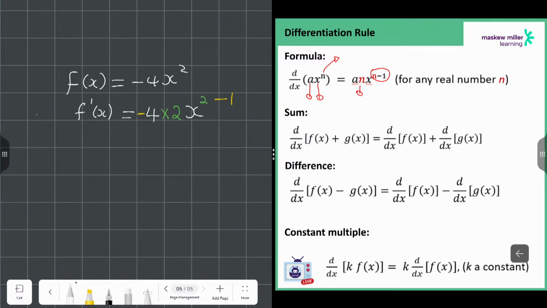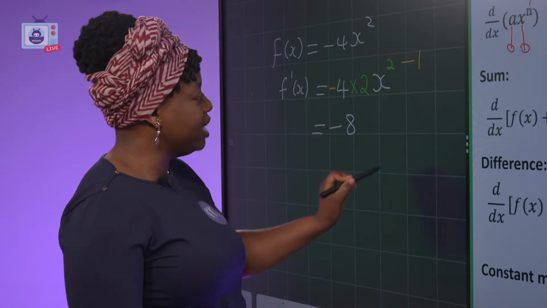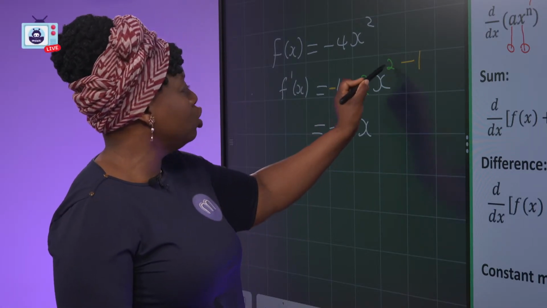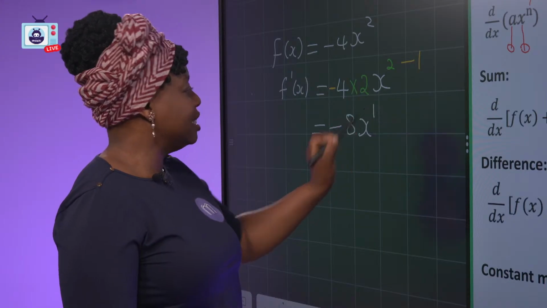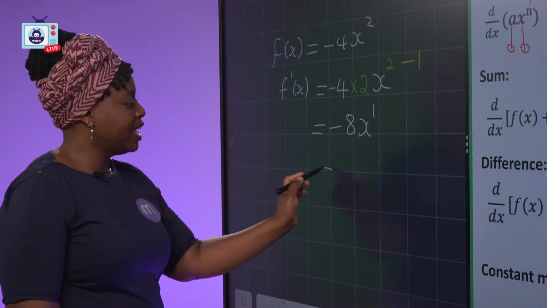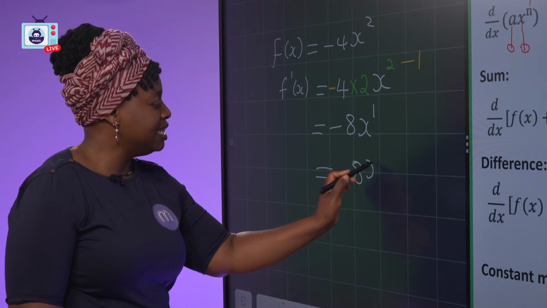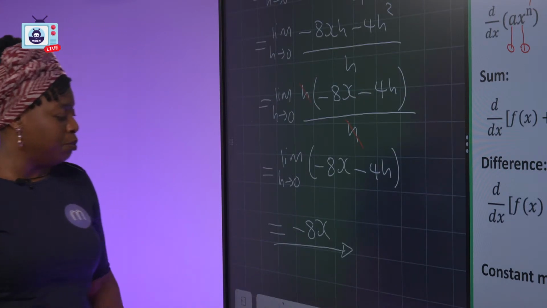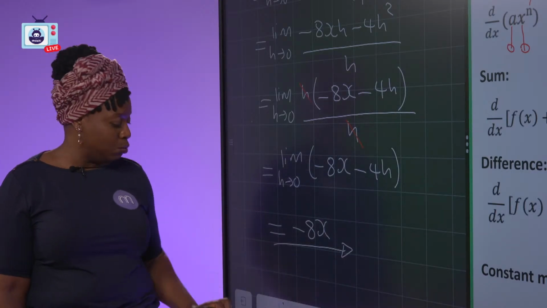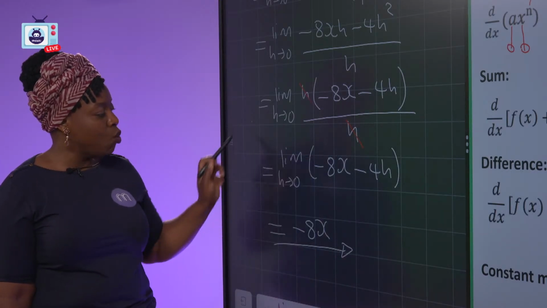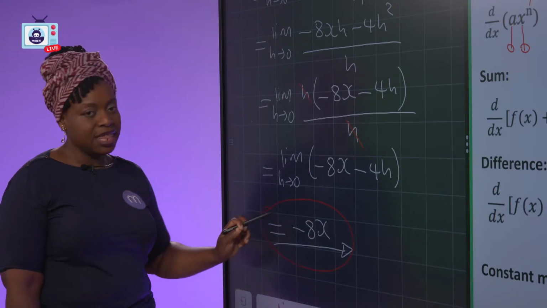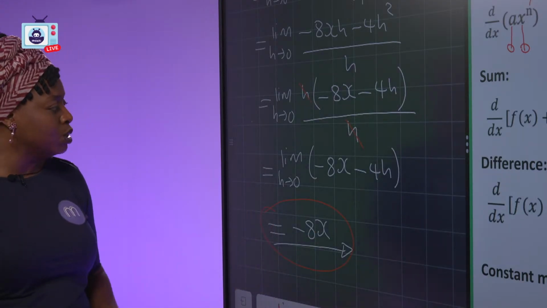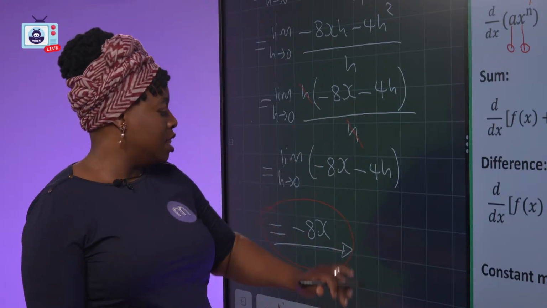So now we just do the maths. A negative 4 times 2 will give me a negative 8, right? So x to the exponent 2 minus 1 will just give me a 1, which we can write as negative 8x, like that. If you go just 2 steps back, you will be able to see that the same answer I'm talking about now is the same one I got when I used the short way, or when I used the formula,